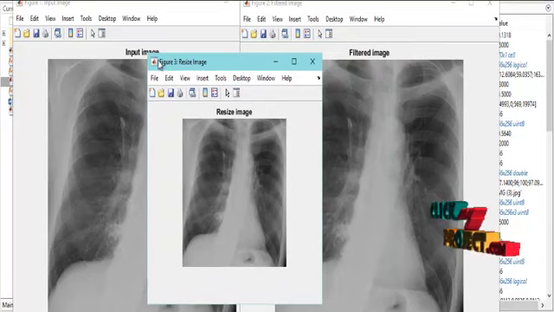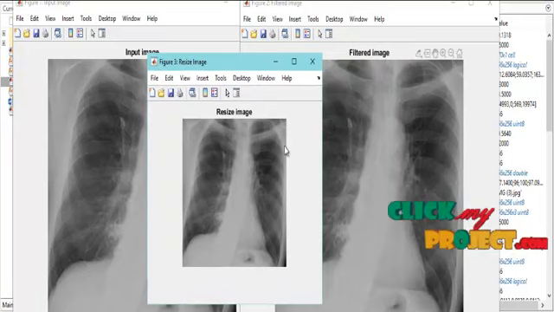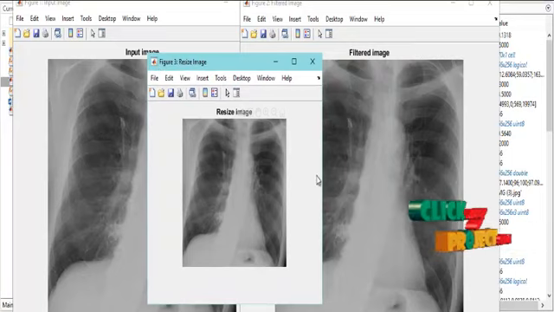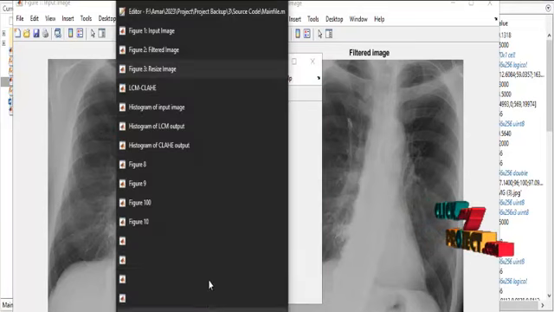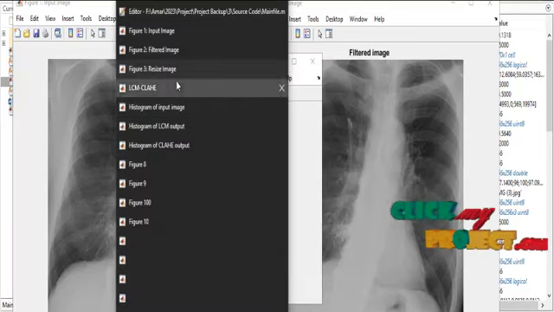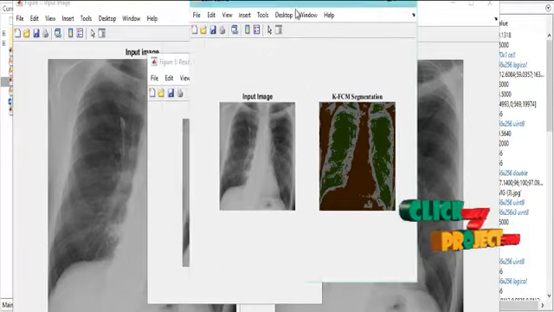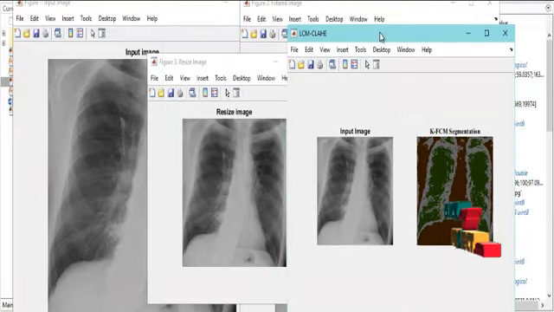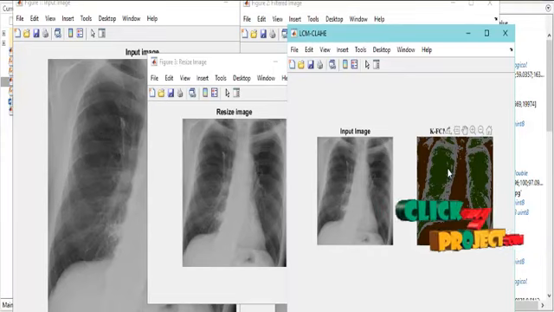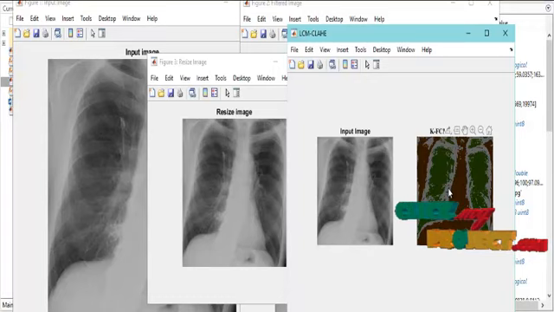Here you can see the difference between the filtered image and the resized image. Now the size of the image is optimum. After the image resize, the CLAHE method is applied to enhance the pixel quality of the image. After that, fuzzy C-means clustering is applied to cluster the internal organs to estimate where the affected portion is. So after doing the segmentation, then we are going to